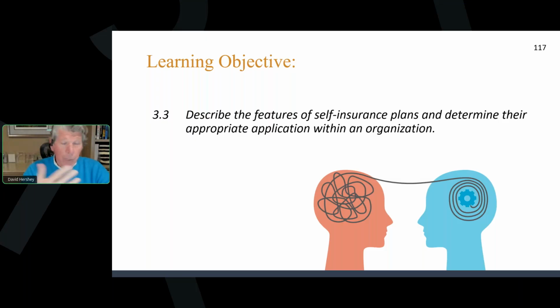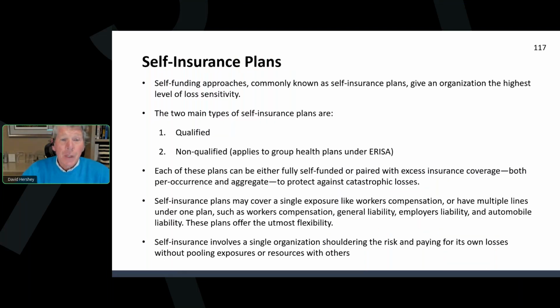And again, these are the people that are making these decisions. And so, a self-insurance program can be wonderful. But you've got to be smart enough to know, can you manage that? Just because you think you can doesn't mean you can. So for self-insurance plans,